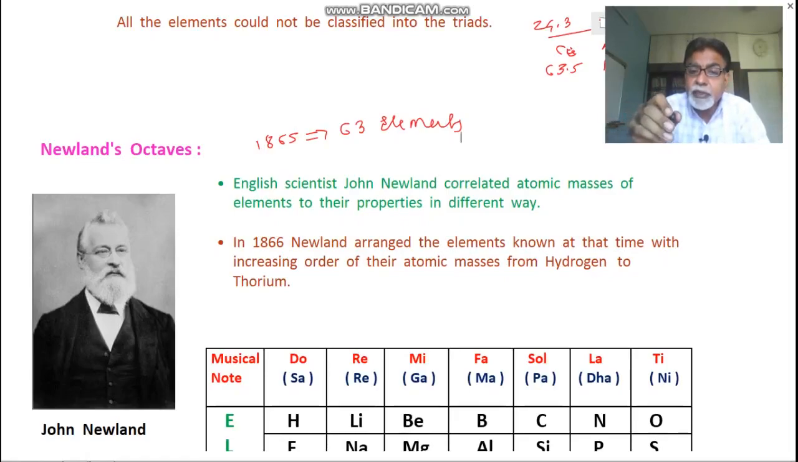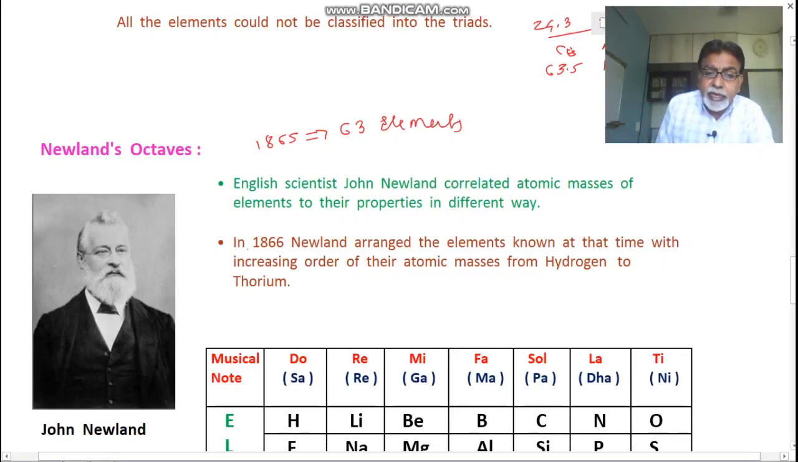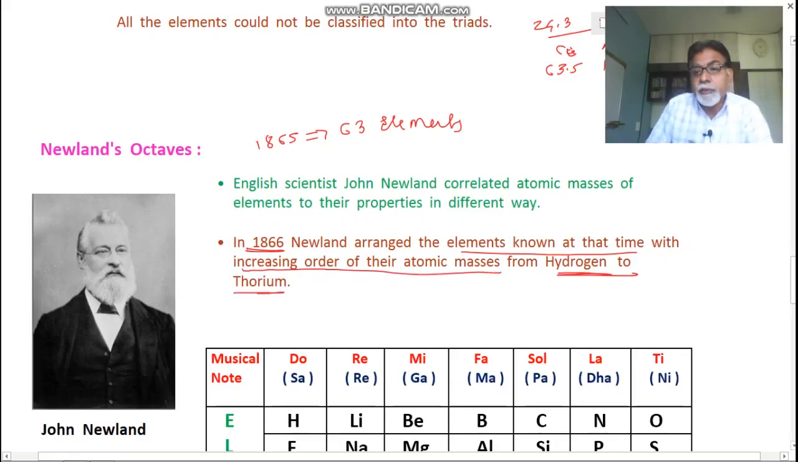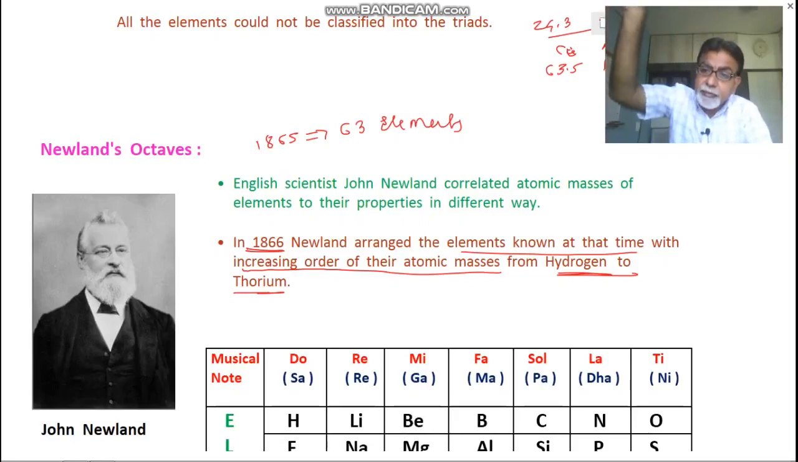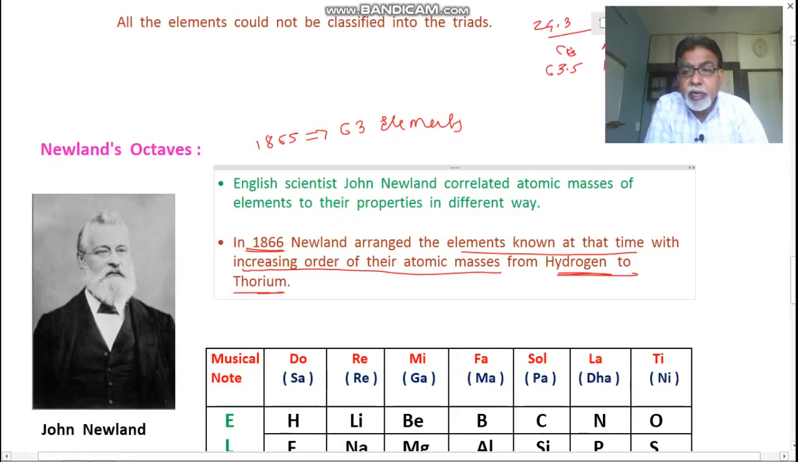What did he do? Look at it. In 1866, Newland arranged the elements known at that time in increasing order of their atomic masses, from hydrogen to thorium. त्याने एलिमेंट्स इंक्रीजिंग ऑर्डर ऑफ ॲटॉमिक मासेस रचायला सुरुवात केली. मग 63 सरळ लिहिले का? ऑल 63 एलिमेंट्स आर इन सेम लाईन? No. He went on arranging the elements in the increasing order of the atomic masses, and when